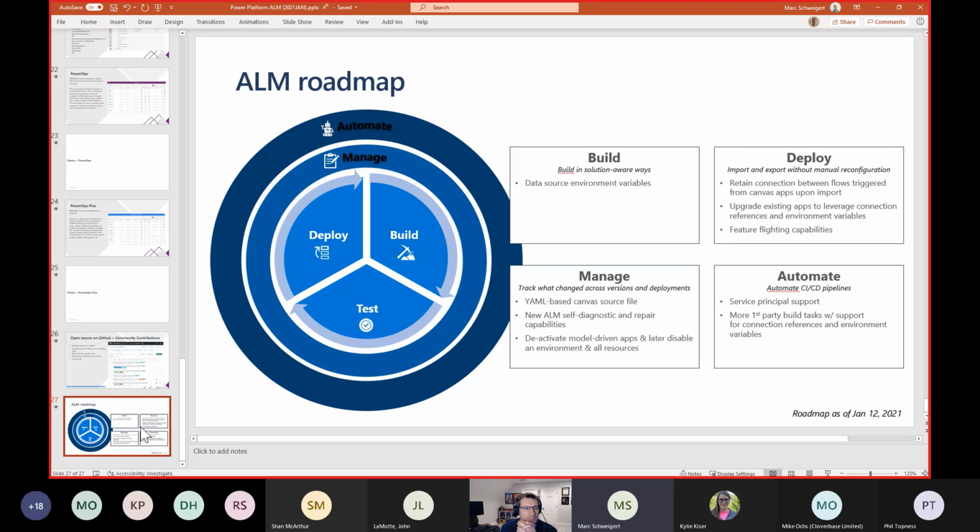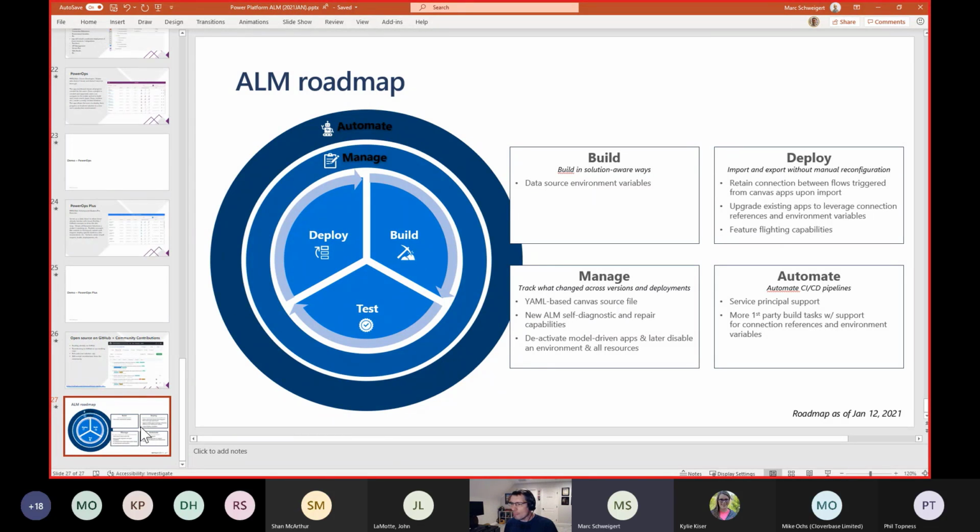This notion of data source environment variables, coupled with connection references and building on top of the environment variables capability, is sort of that last mile that enables many of the end-to-end configuration value changes across different environments, and that's coming soon.